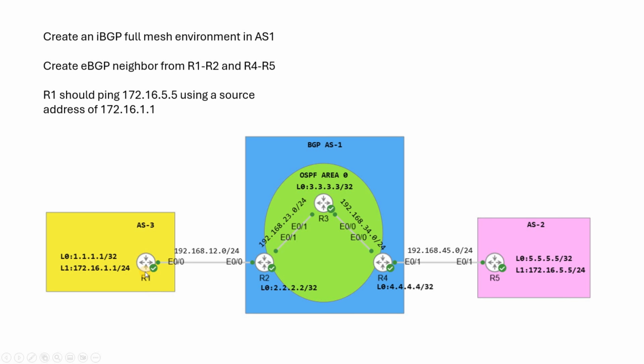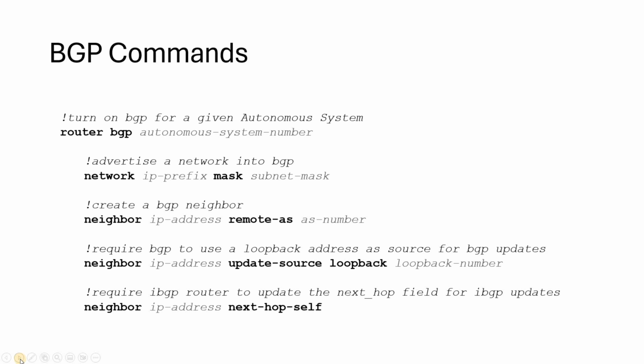And at the end of it all, R1 should be able to ping 172.16.5.5. It's going to have to use a source address of 172.16.1.1 because R5 may not know about this address here, 192.168.12.1. So let's get started. But before we get started,